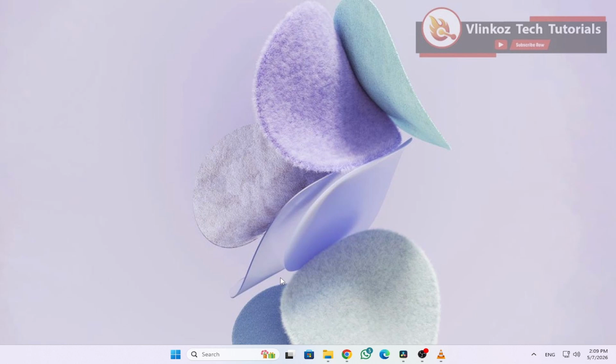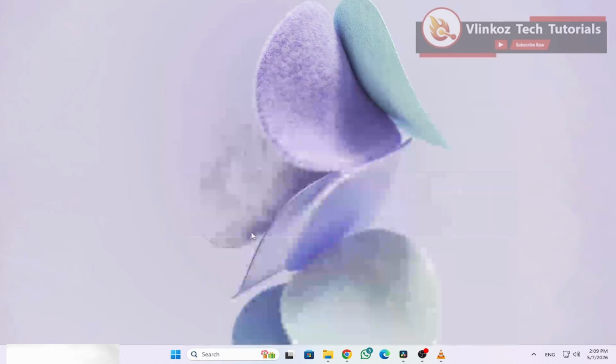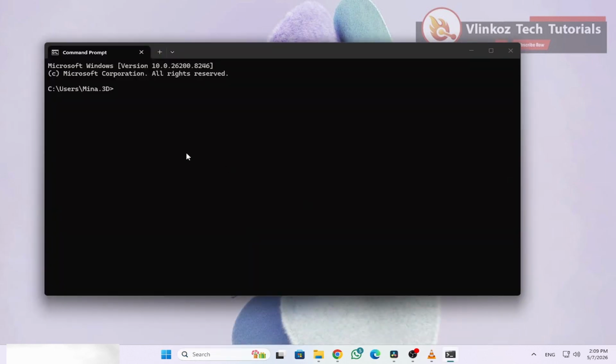Should repairing or installing the Microsoft C++ redistributable not resolve the anarch.dll error, the next step is to perform a system file checker scan. To do this, open the Windows search bar and type Command Prompt. Right-click on Command Prompt in the search results and select Run as Administrator. In the elevated Command Prompt window, type the following command and press Enter,